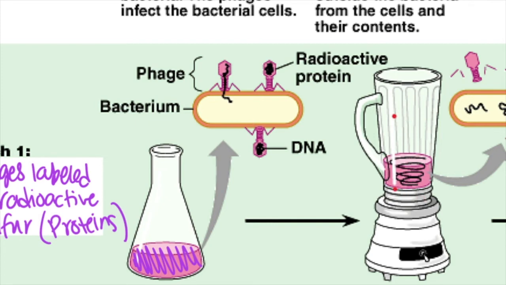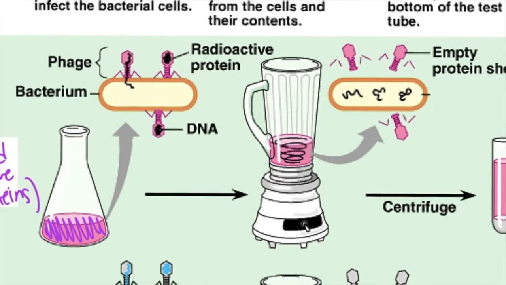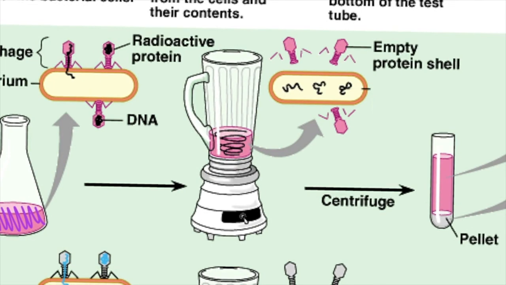And what's really cool about this is that they used, it's called the blender experiment because they actually used blenders. Martha brought her blender in from home to use it in this experiment. So it's kind of an example of creative thinking. And so by putting all of this in a blender, we can separate the bacteriophages from the cells and therefore